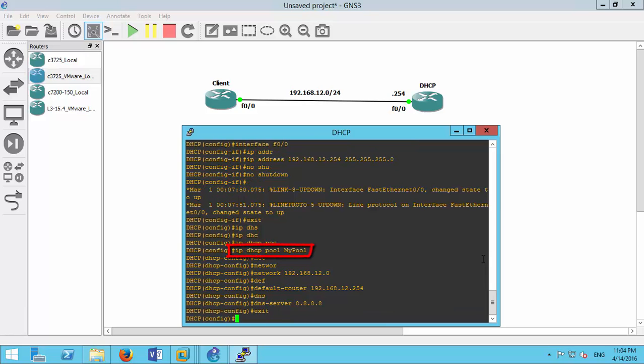With the IP DHCP pool command, we can create a DHCP pool and call it my pool. The network command tells the router for which network we need to hand out IP addresses. And optionally, you can include a default gateway for the clients and the DNS server. In my example, I will include 192.168.12.254 as the default gateway. And the DNS server is